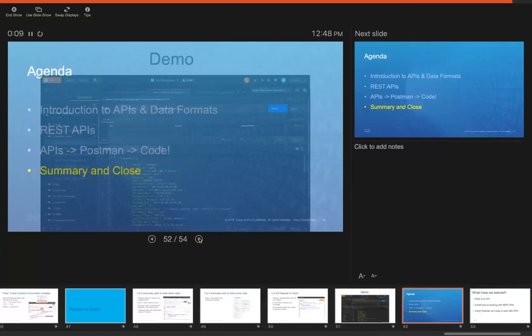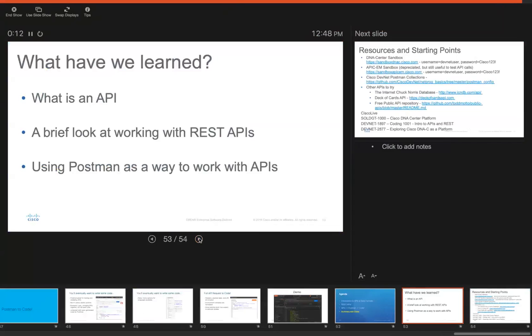So just in summary, we went through what an API is, very simply put, raw text going back and forth across a TCP/IP connection. And as we looked at these REST APIs, the main thing to make sure you're making the right calls is to look at that documentation. And as you look at that documentation and start getting familiar with Postman, it's a great GUI way to look at these calls going back and forth, the request and response, and see how that body's coming back in. It's also a way to take it to the next level and start to create your code around that.